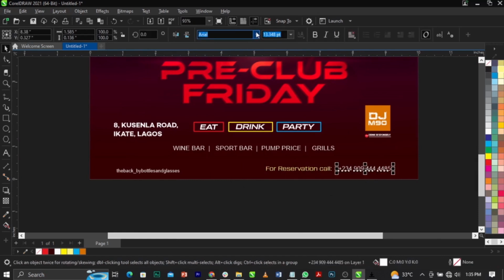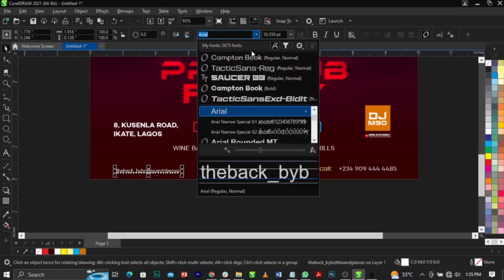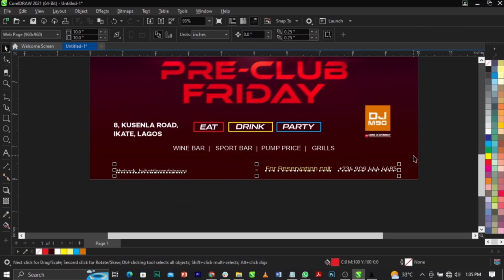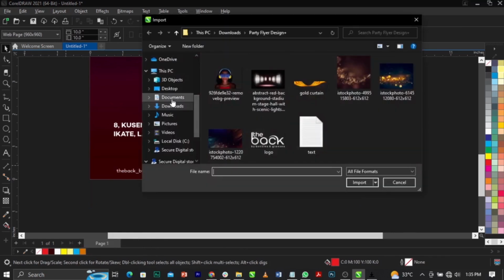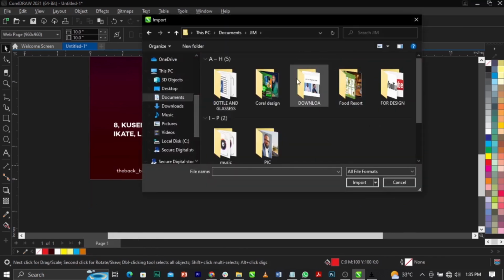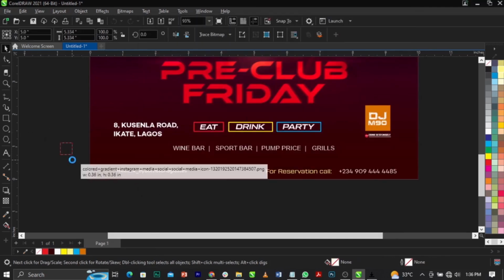All right, so change the font of this to Campton Book. And change the font of this to Campton Book. And make sure it's aligned. So what I'm going to bring now is I'm going to import Instagram icon. Now I'm going to put the link of all this for you guys. All right. So bring this one, and